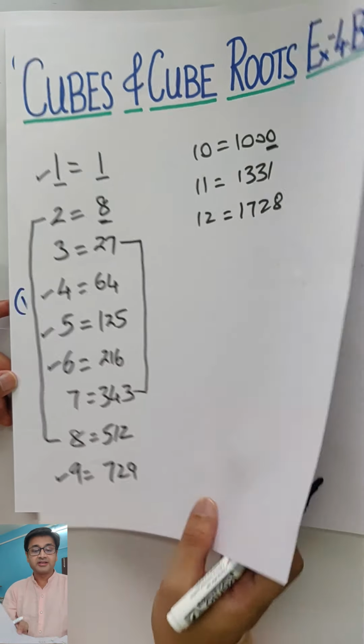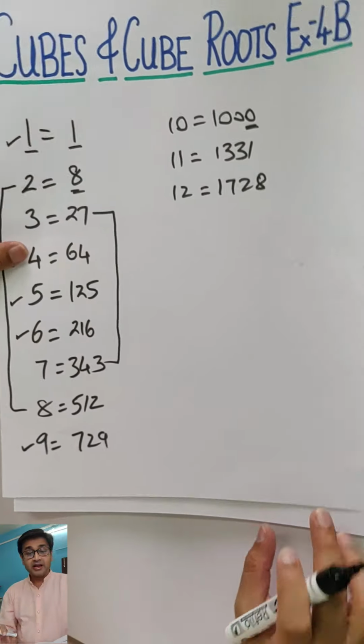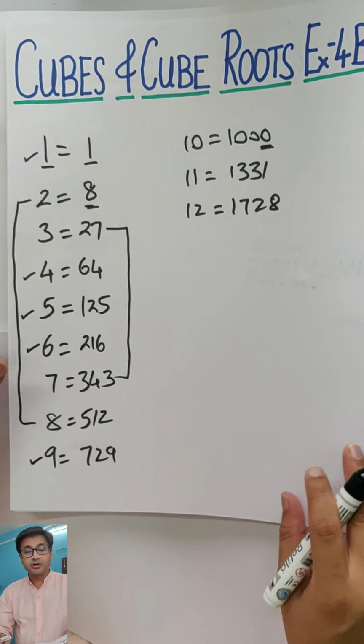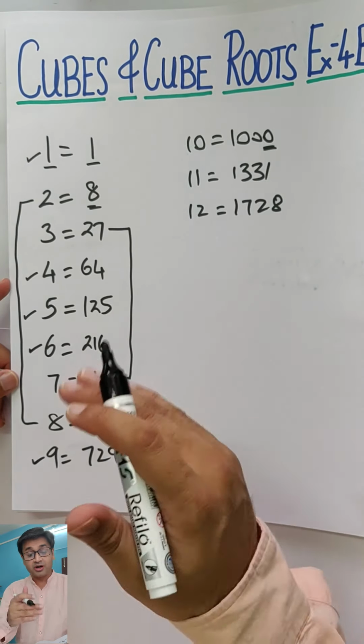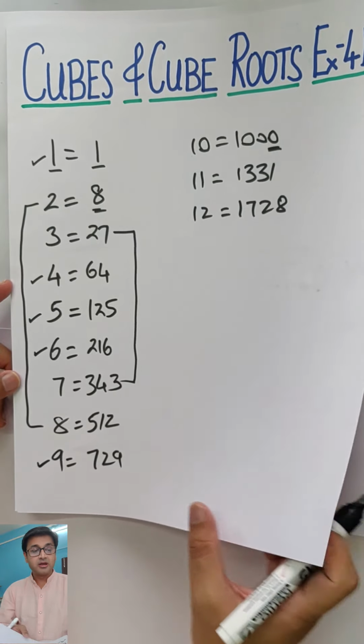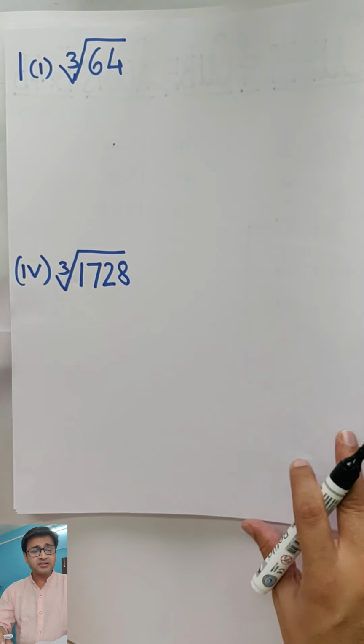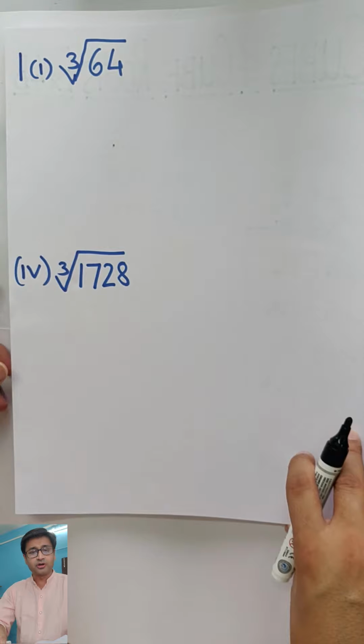Now let's get into the exercise. I'm sure this should help you. Take a screenshot of this, put it on your softboard right now, so it helps you to understand the pattern which I have just made you understand. Let's start with part 1. Everybody on your own. Very simple.